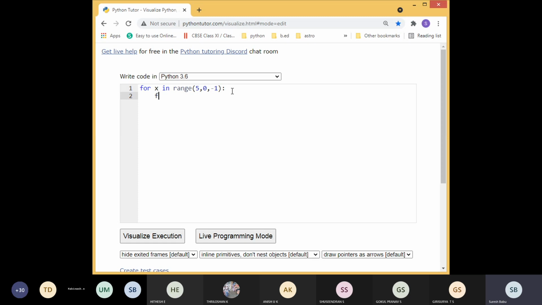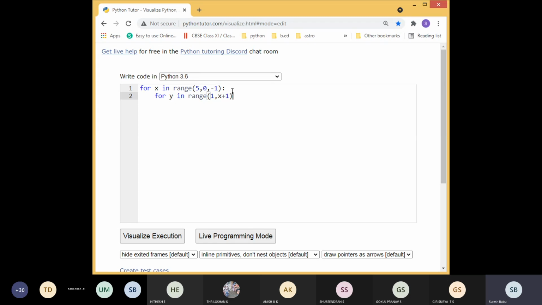Then the inner loop, for y in range. We have to set the value from the outer loop, so it will change according to that. In the first loop, the value will be 5, so we have to print up to 5. So we start from 1 to x plus 1. X plus 1 means in the first iteration, the 5 becomes 6 here in the inner loop, so it will print up to 5.